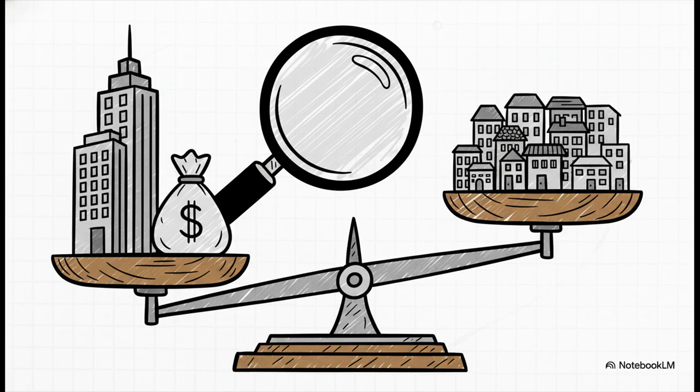Actually, let's zoom in on that last metric for a second, the weighted average loan-to-value ratio. Why is this specific calculation so important? Well, it's because it helps reveal potential hidden disparities in loan terms. The standard requires entities to calculate this by weighting each loan-to-value ratio by its respective loan amount. This normalizes the data. It prevents a few massive, multi-million-dollar commercial loans from completely skewing the data of thousands of smaller residential loans. It gives investors a highly accurate, normalized way to spot mispricing across massive, complex portfolios.